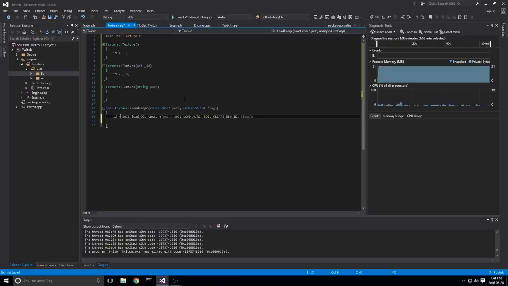And now our flags, we can pass in our flags. Now this obviously may or may not work. If it does work, our ID will be something greater than 0. So if we wrap that, if ID is greater than 0, then we can actually go ahead and set up our width and height that we can pull from the image. Our width and height are just good information to have based on the texture, and that's really all we care about in terms of texture. We want the ID that OpenGL uses to track it, and we want the width and height just so we know, like, if we want to resize it or whatever when it comes to actually using these textures.